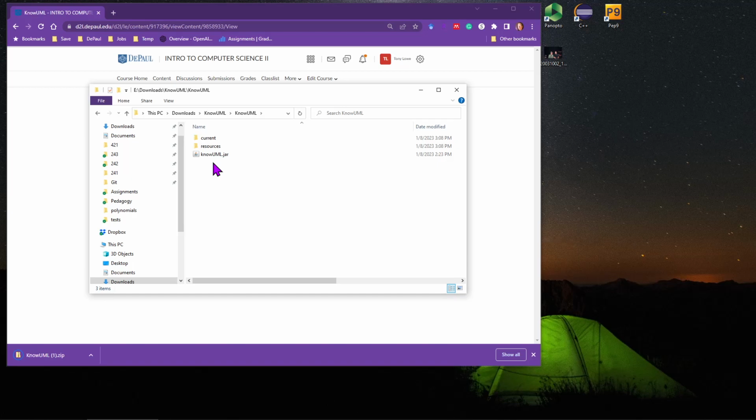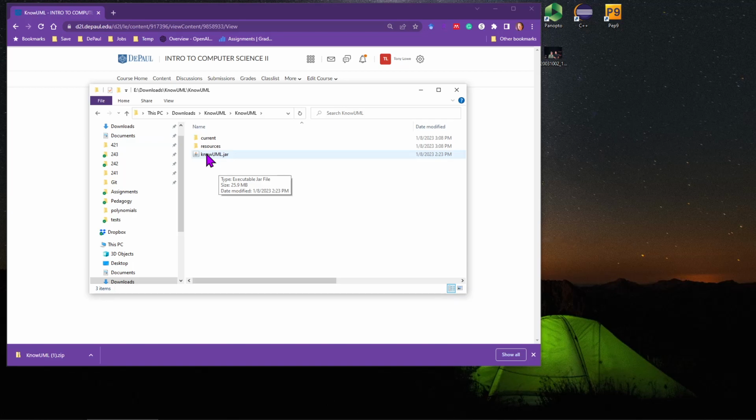So for some of you, especially Windows users, when you installed Java, if it had a whole install script, it might have installed it where it automatically detects jar files that are runnable and allows you to run it directly. So my machine's set up that way, I believe. So if I double click it,